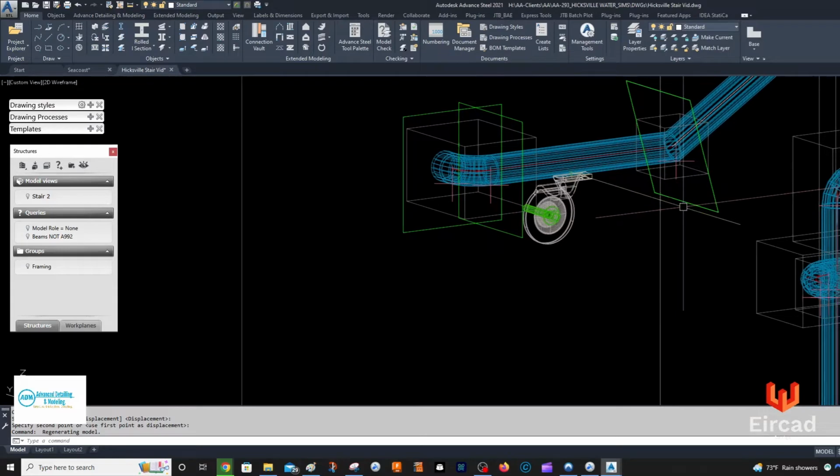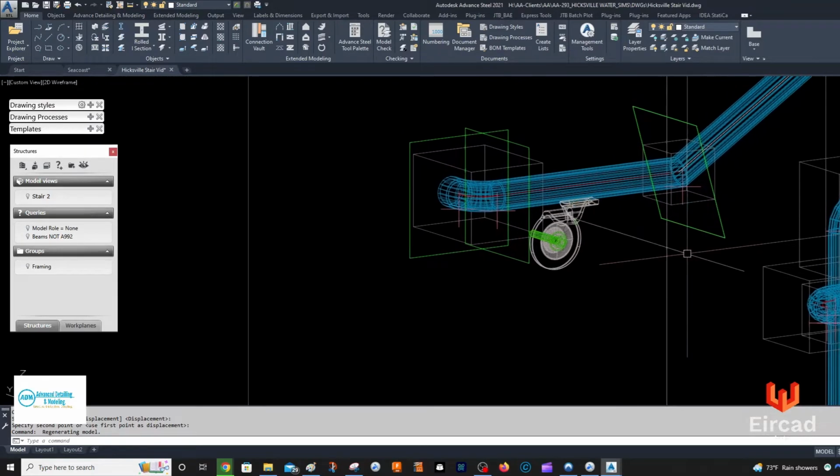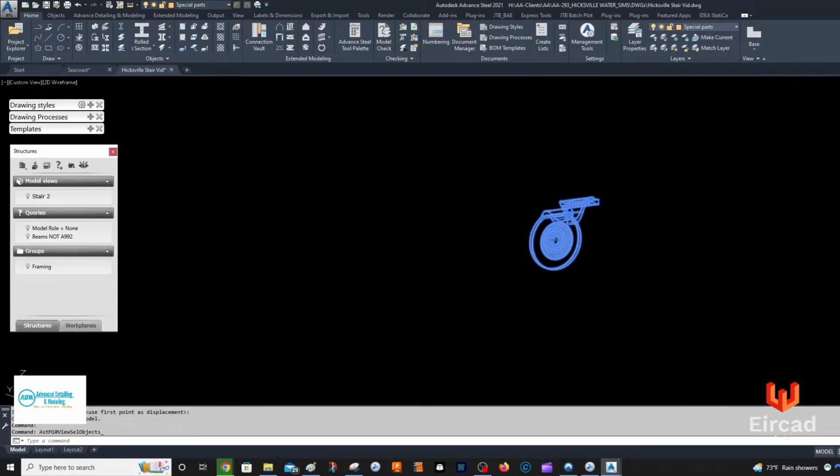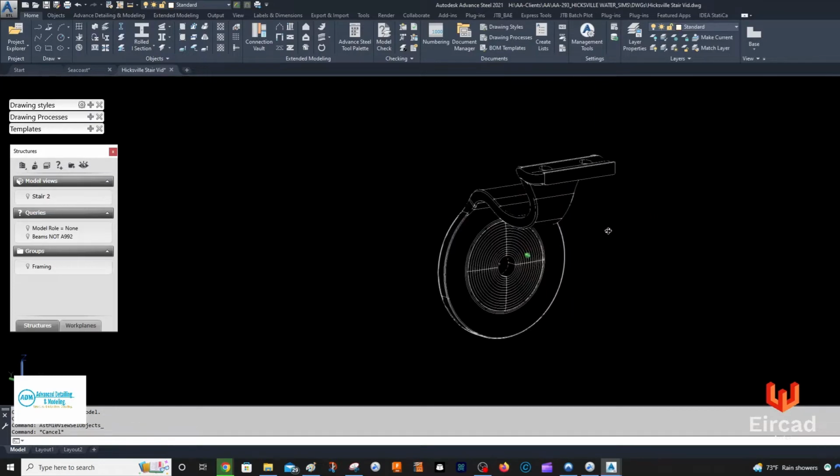Hello, it's a new command I came across that might be useful. So I'm just going to isolate this bracket here. So this is like for special parts. So I'll just isolate this bracket, right? And